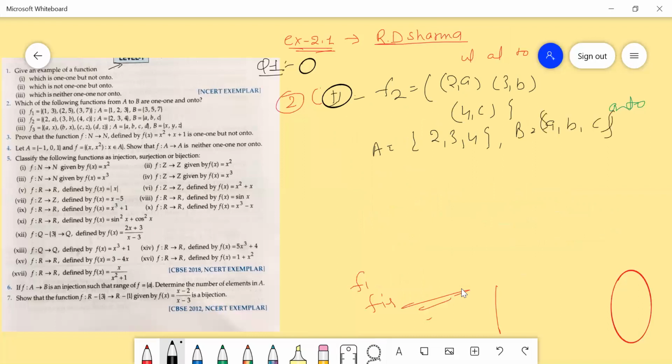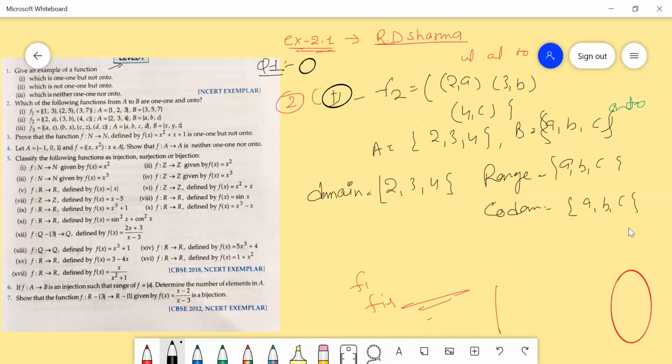The function is defined from A to B. So the domain is 2, 3 and 4, and the range is a, b, c. The codomain is set B, that is a, b, c. So the range is equal to the codomain. That's why this function is onto.